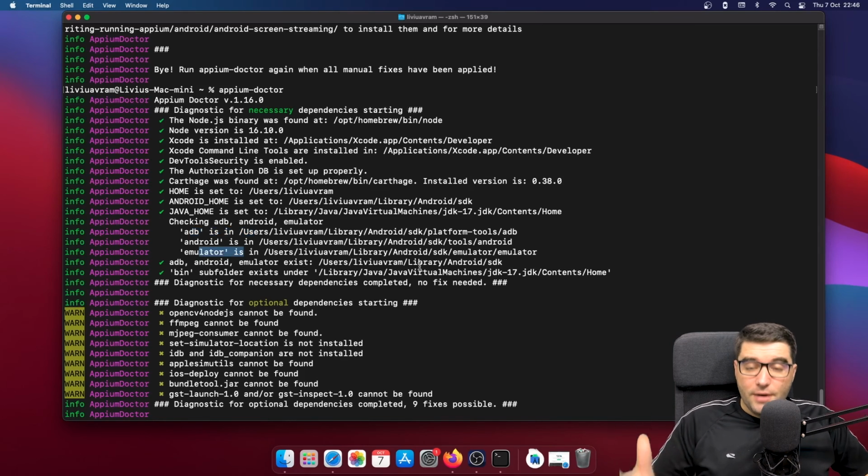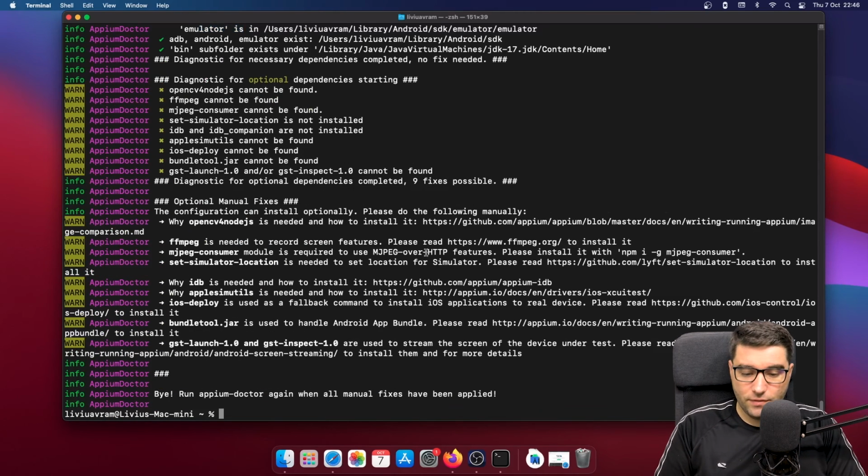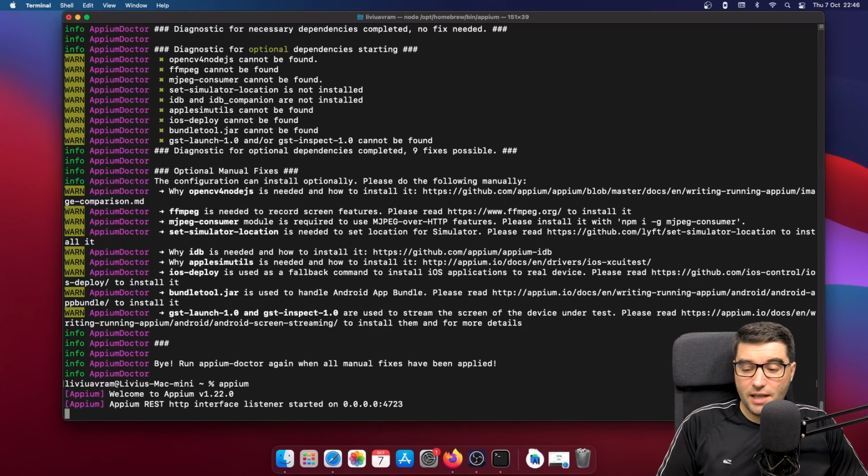So there you have it. With this environment installed, we can now go and check if appium is correctly running. I will just type appium, and normally I will get the version number, which at the time of creation of this video is 1.22.0. And I can start by creating simple test cases with Robot Framework and appium in the following videos.